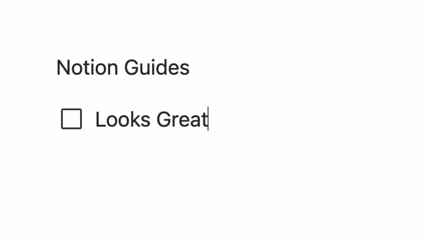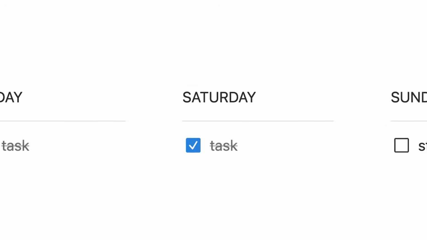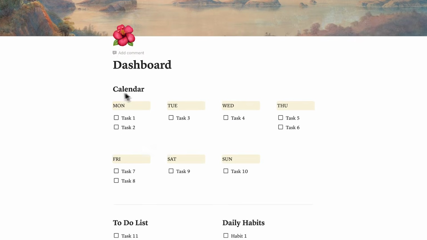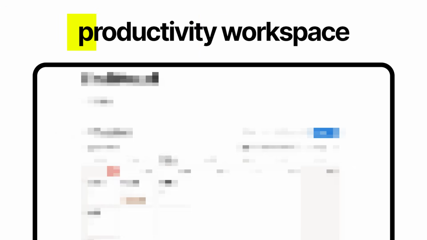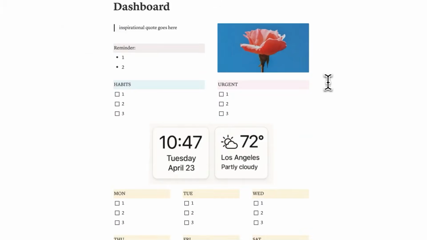If you don't find Notion useful yet, then this is the tutorial that you need. See, most Notion guides show you aesthetic dashboards that look great, but aren't actually practical past 7 days. So today, we'll turn this typical Notion dashboard into a genuinely useful productivity workspace, whilst keeping the 3 main features